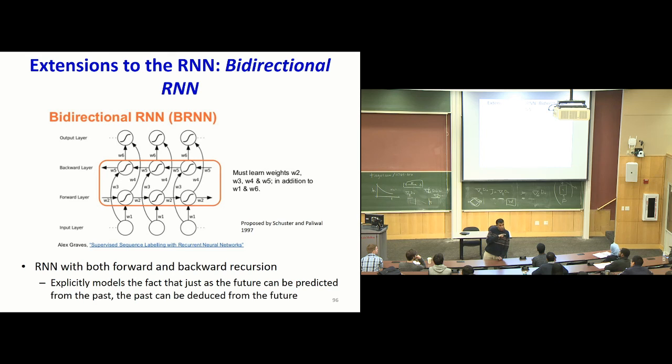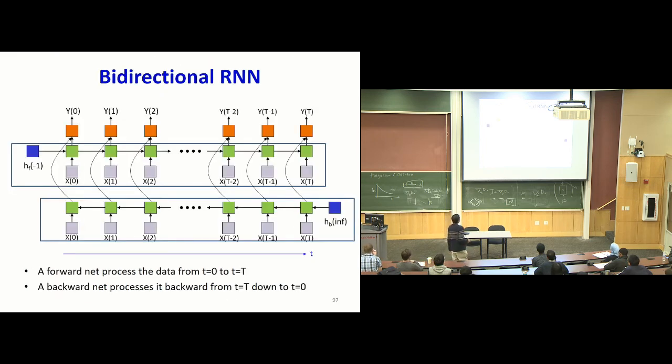Right? You could be looking at the future to make your inferences as well. And so bidirectional recurrent neural networks exploit this dependence. Now, here's how the whole processing looks. This has a forward net which processes the input left to right. It's got a second backward net which processes the input right to left. These two are independent networks with completely different sets of parameters.